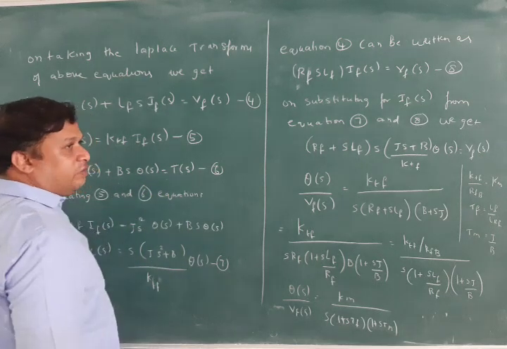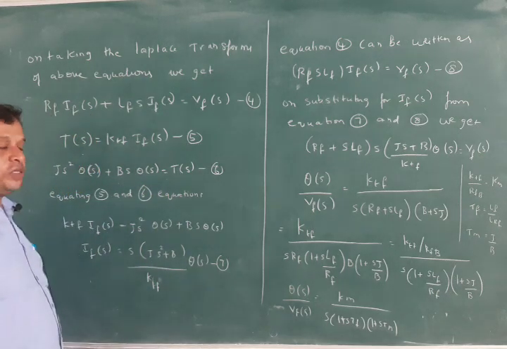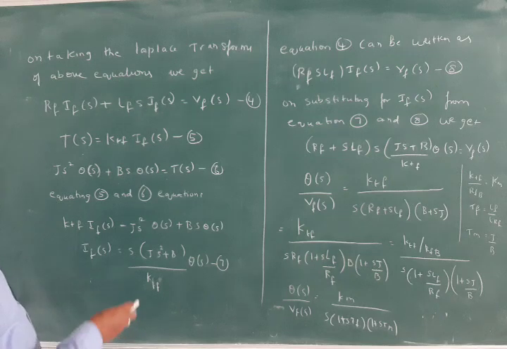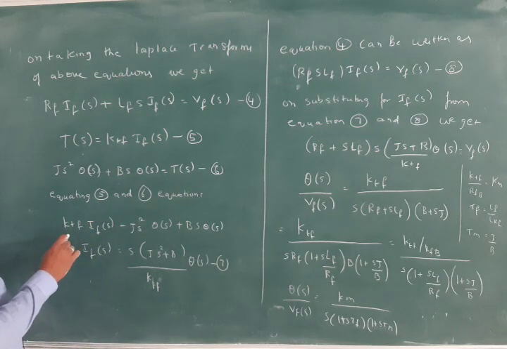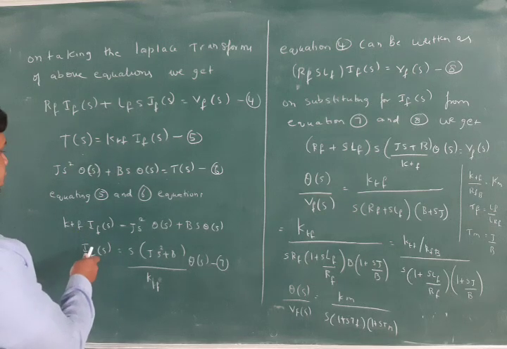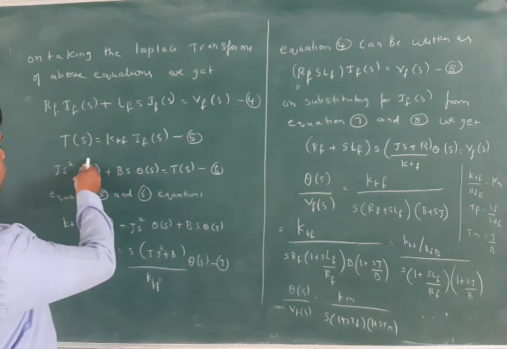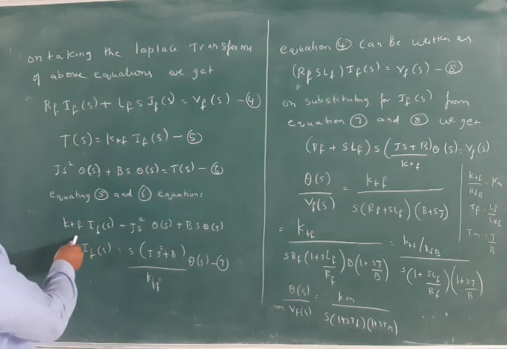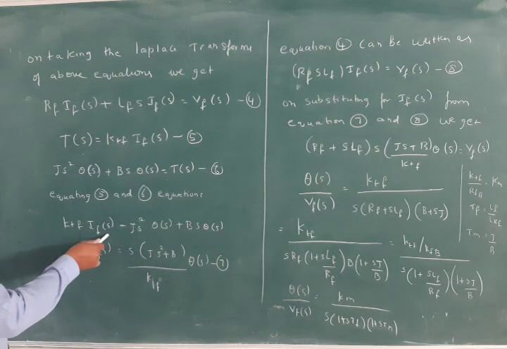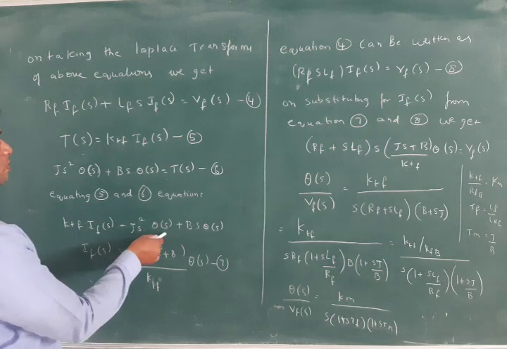So we are taking the differential equations and converting them to Laplace transforms, and after the Laplace transforms we are equating equations 5 and 6. After equating equations 5 and 6, what we get is this, the torque equation, and this is the mechanical system equation. So KTF into IF of S is equal to J s square theta of S plus B s into theta